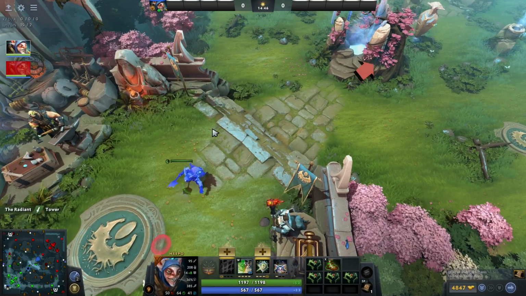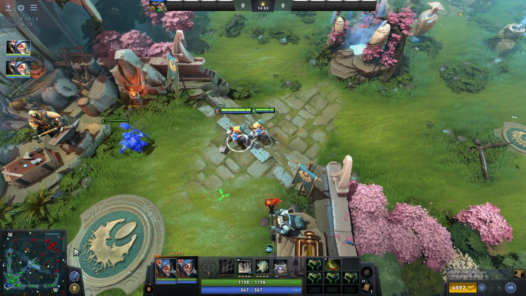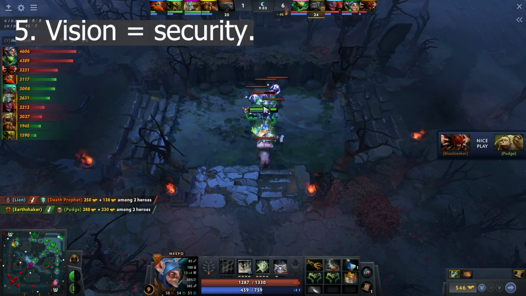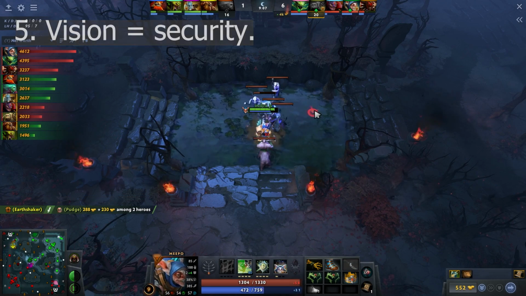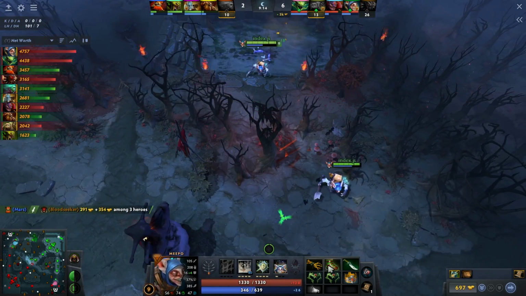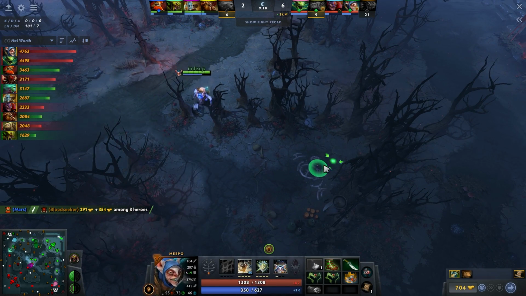Then, use poof with your clones on the illusion at the fountain, teleporting yourself there and poof back to the tower. This way, you efficiently heal 2 clones at once. The fifth tip addresses the common situation where enemy supports relentlessly pursue you through the jungle, disrupting your farming. To counteract this, I recommend always having vision on the paths leading to the jungle. Vision is our safety net, allowing you to anticipate threats and retreat to another part of the jungle without wasting